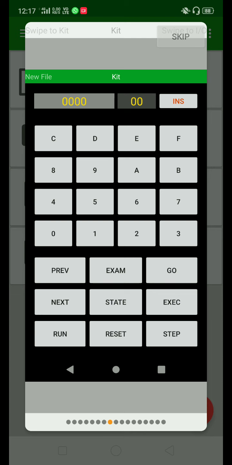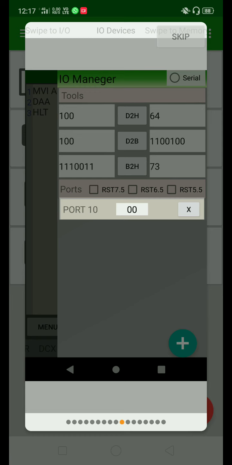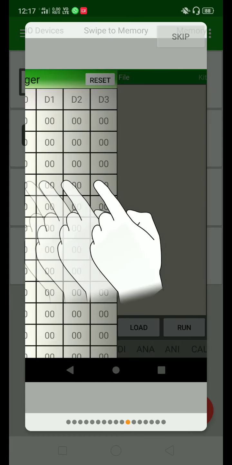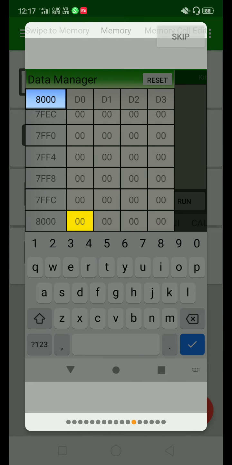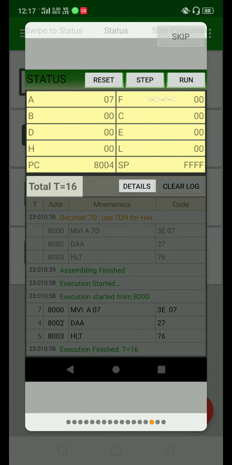This is the kit kind of visualization where you can execute your program with the help of the kit assembly window. Here we can also see the different memory locations, programs, the number of T states, and the hex code available in the memory. The data available in the memory we can also change. With the help of the kit kind of simulation we can execute the programs.